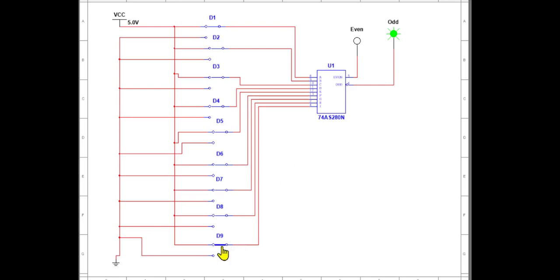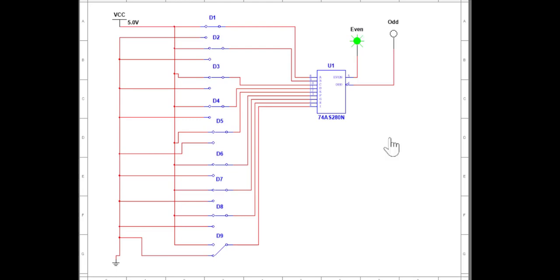If I make one bit 0, now your input is having an even number of ones. For this, the even parity bit will be 0. You can see your odd output is producing 0. That means your even parity is 0. When you are having an even number of ones, your odd parity should be 1. That you can see at the even output side. So this is how you can use the odd output for the even parity generation and the even output for the odd parity generation. This is for producing.